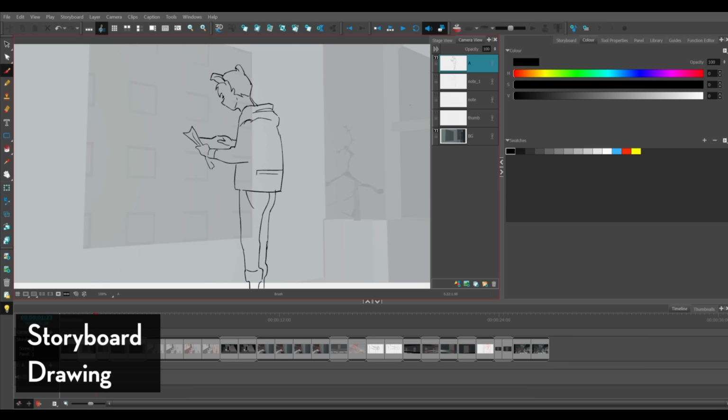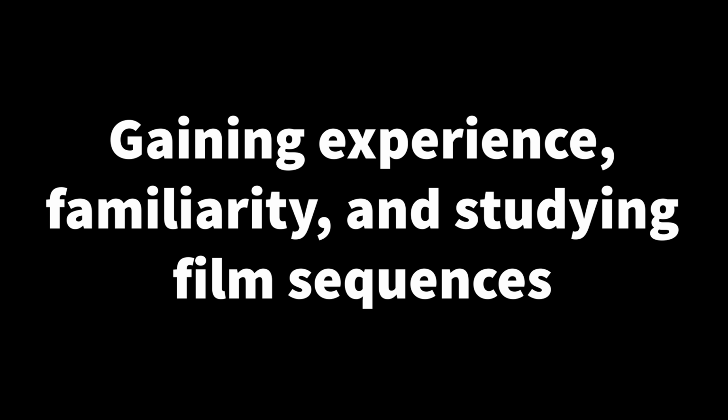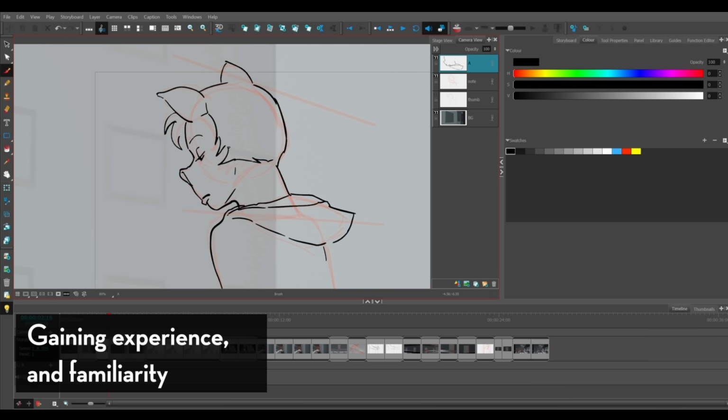In TV storyboarding, it's not super important to stay super on model with the character designs, but keeping closer to the actual proportions makes it feel more on model for storyboards. And so these are sort of like these general rules of thumb that I keep for myself when I storyboard. But saying that is much easier said than done.